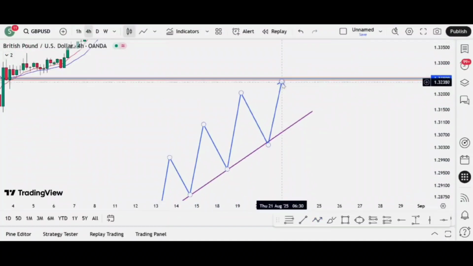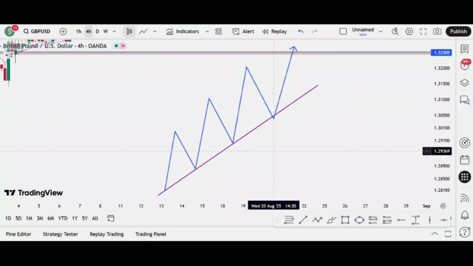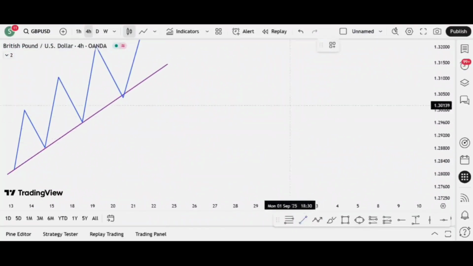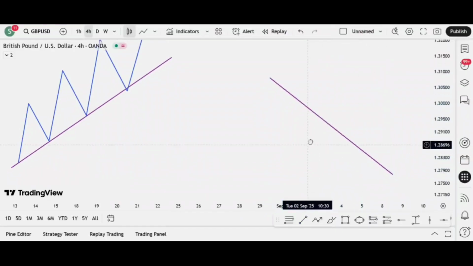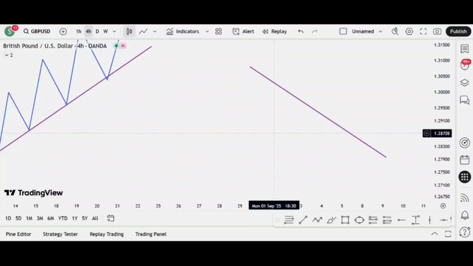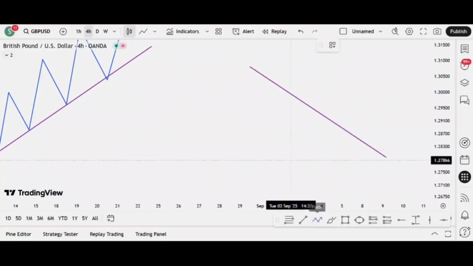Okay. So here you see this is the structure for uptrend and it is also called W pattern. Now if we see here downtrend, this is our downtrend, this is our trend line. It shows it is downtrend.